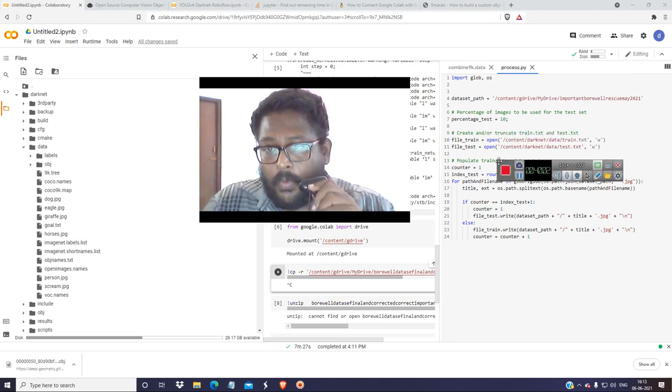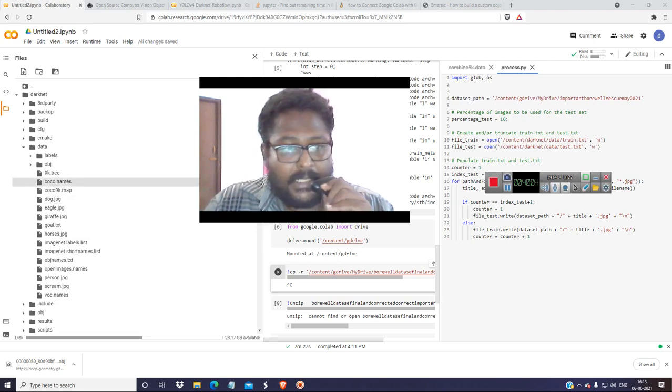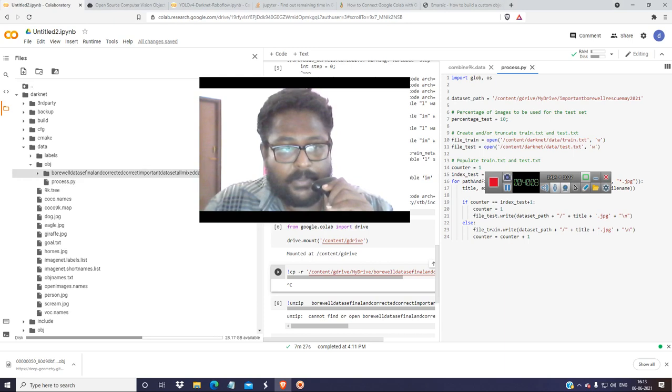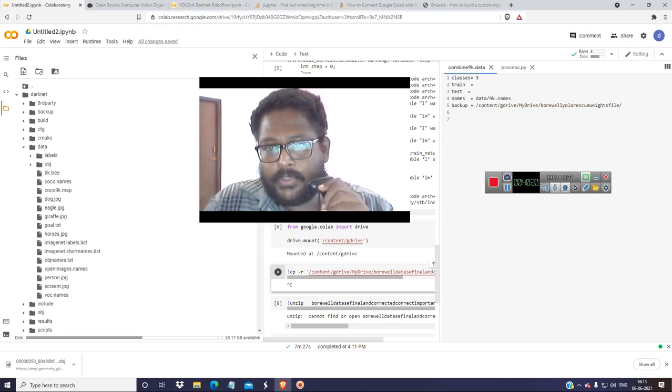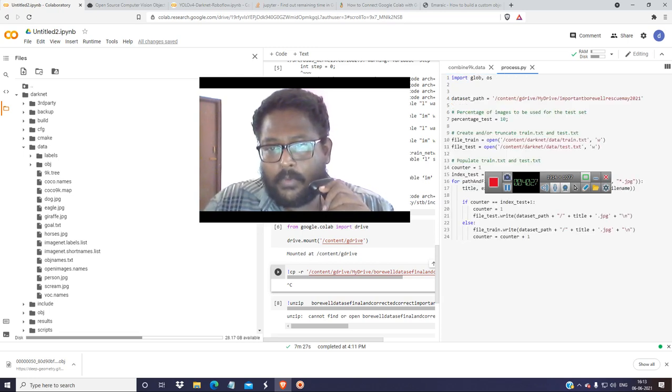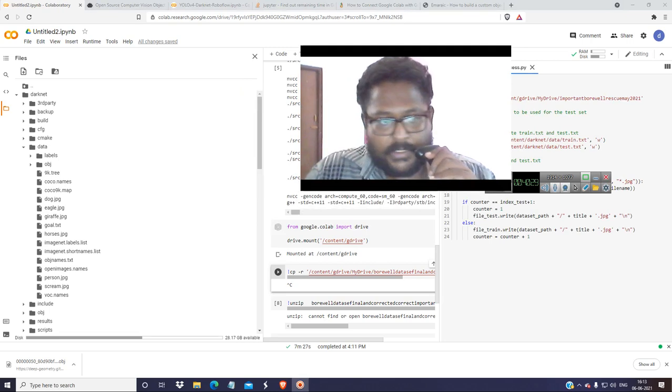So the process.py is in the obj folder here. Ignore this thing. Now what you have to do is generate train.txt and test.txt in such a manner that you are going to use it here. Okay, and the weights file will be created over here. So now you have to run the process.py script.